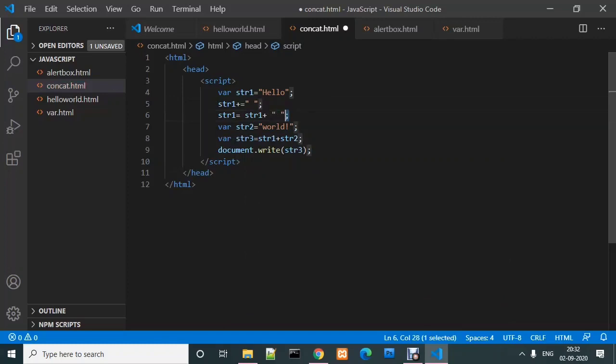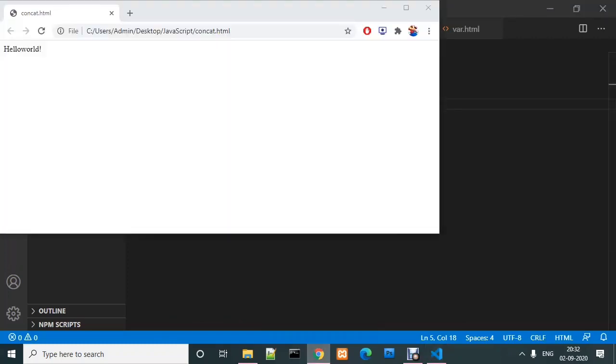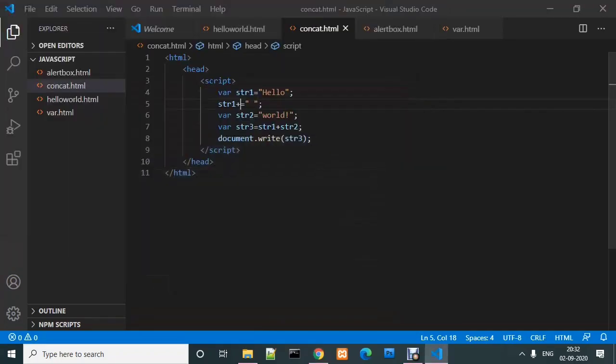This is the same thing we have done with the shorthand operator, and when we save this file our output will change. And see here, there is a blank space because we have concatenated a space after hello.